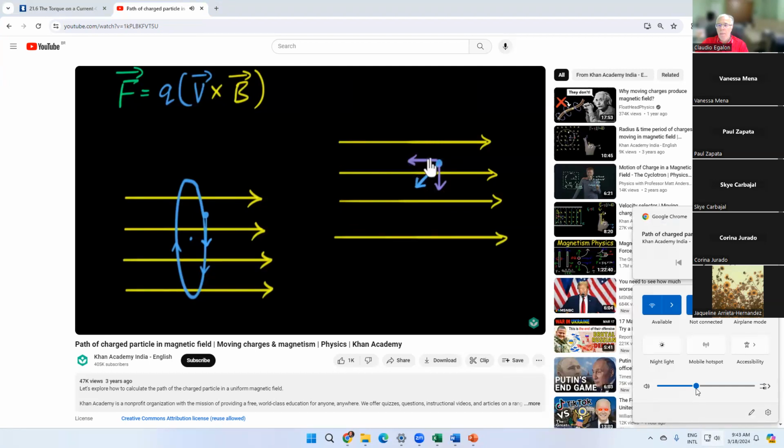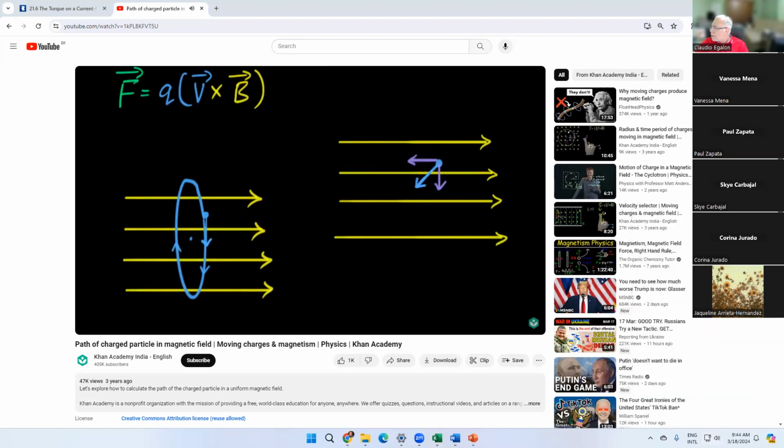And again, we're going to do the same thing. We're going to first figure out what the direction of the force is, and then from that, we're going to figure out the path taken. Again, why don't you pause the video, use the Lorentz force, and think about this. What would be the force acting on a particle if it was going parallel to the magnetic field? Pause and try. All right, let's see.